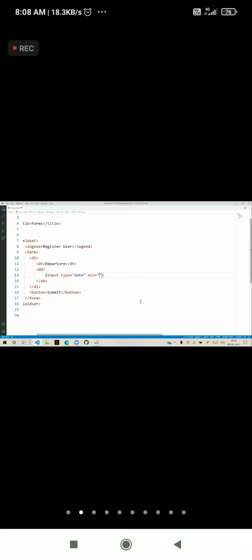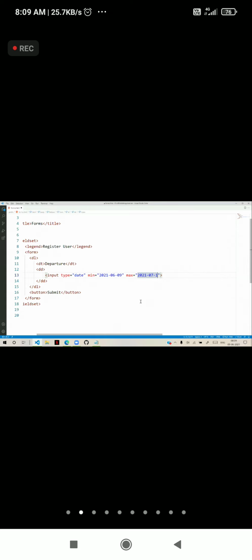Many times people ask, can I change the format? You cannot change the format. It is a standard format for entering dates. Display format you can change, not input format. How you show the date you can change, not how you input the date. Input date is standard format. It must be year 2021, month 06 and day 09. That is from today. And maximum you can define 2021, 07, that is next month, 18.